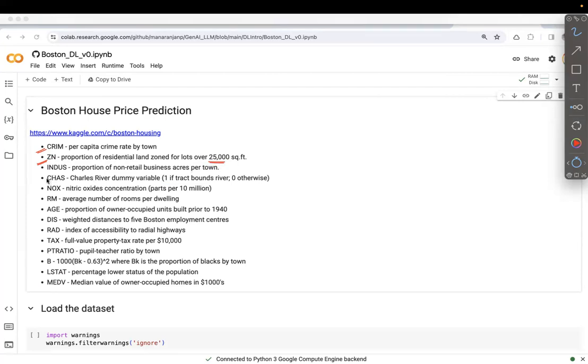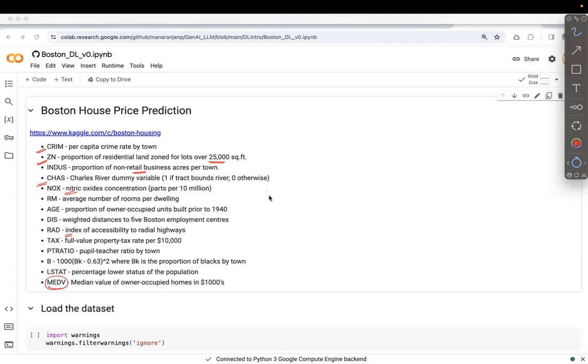What's the proportion of non-retail businesses per town, and whether it's beside the Charles River or not? What's the pollution level, right? What's the index of accessibility to radial highways, right? So quite a few important parameters are there, which can actually help us determine the median price of the